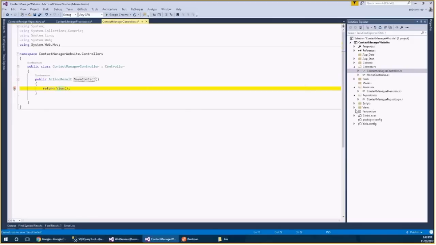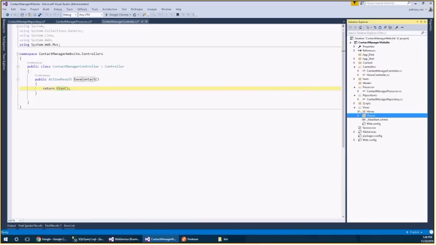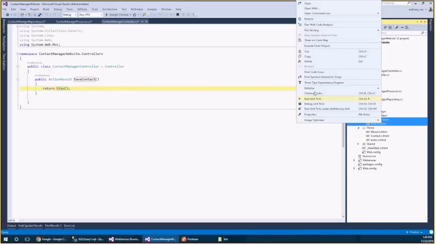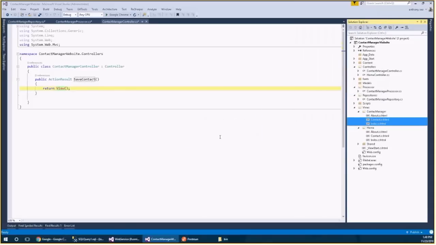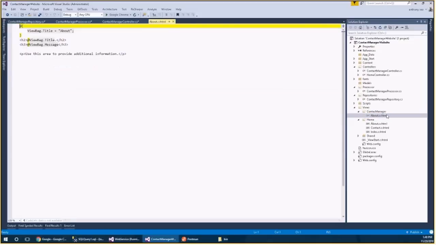Under views, you'll see there's only views for home right now. So I'm going to copy this, paste it here, and then I'm going to call it contact manager. There we go. And then I'm going to probably get rid of all of these. Actually, let's keep the about one. We'll hijack that one for our code. So this is very simple, it just says title. I'm going to call it